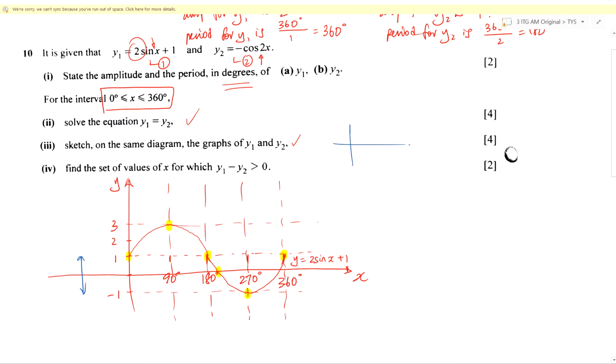So the graph of cosine x has this shape. If we have negative of cosine, it is going to look like this, starting from -1, and it will move up. Because there is one full cycle between 0 and 180 degrees, we're going to have to divide this into